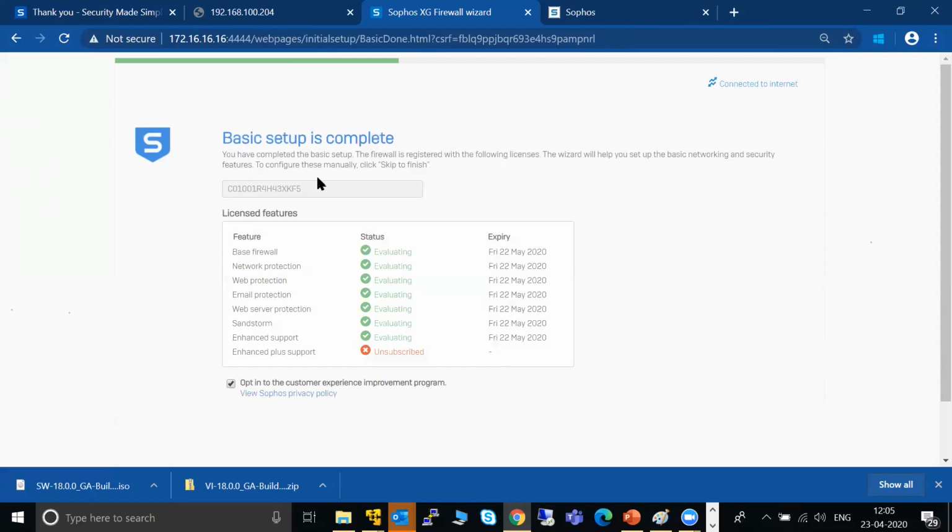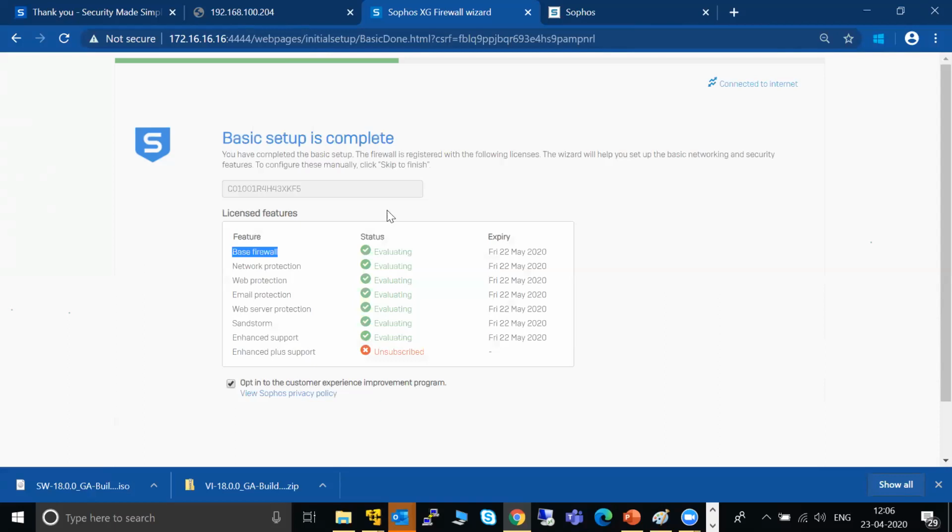As you can see, it says setup complete, the basic setup. The firewall is registered with the following licenses. The wizard will help you set the basic networking and security features. To configure this manually, skip to finish. So as you can see, base firewall, I told you before that base firewall is always there with any firewall, in which VPN licenses are included, both SSL VPN and IPsec VPN.